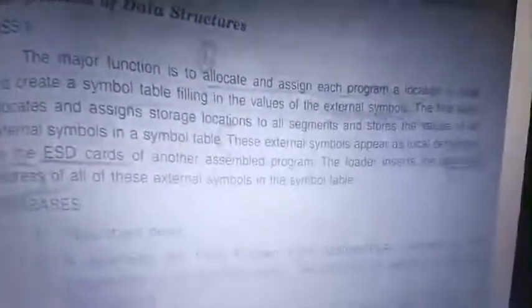So this is what pass 1 does. Pass 1, what will it do? It will assign all the segments or the units, and while loading or allocating, we will get the load address of each symbol. It fills the symbol table with that load address. Yeah, so that's the data structure.